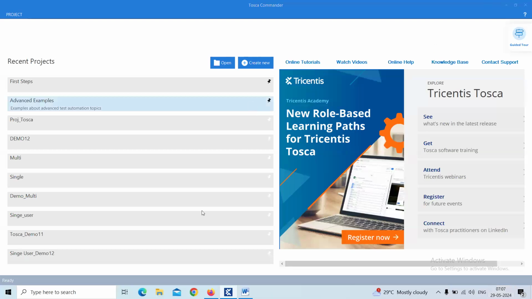When you open Tosca Commander, you can see this is the project window. Here you're able to select the project. If you have already created a project, you can select the respective project, like demo project, Tosca demo 12, multi, single, like that. Or if you want to create it newly, you have to create a project, which means a workspace. If you are working on some project and you want to create test cases, execution, everything,